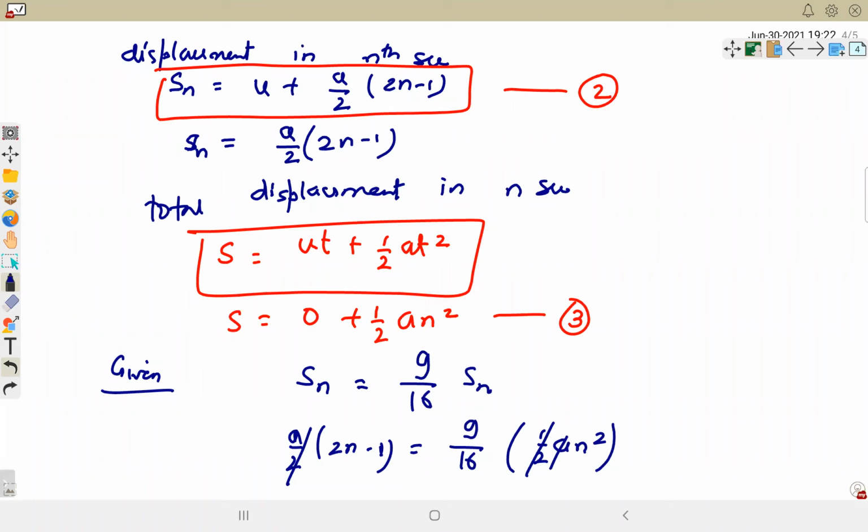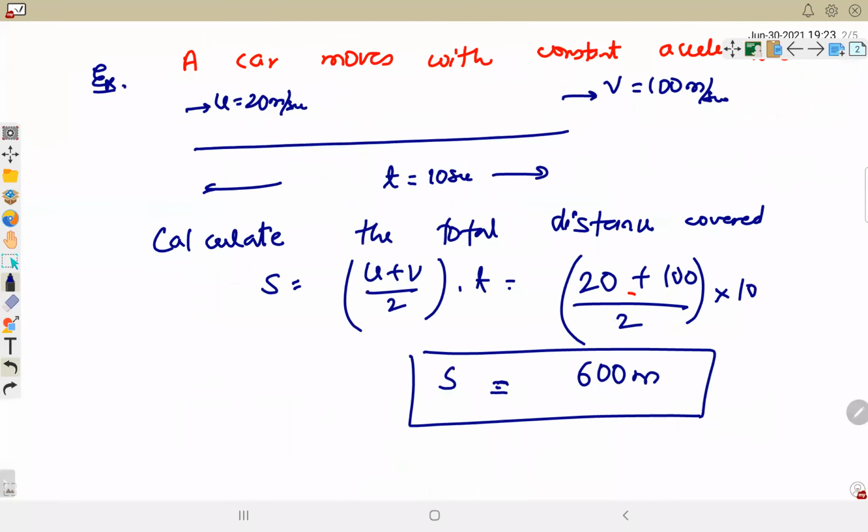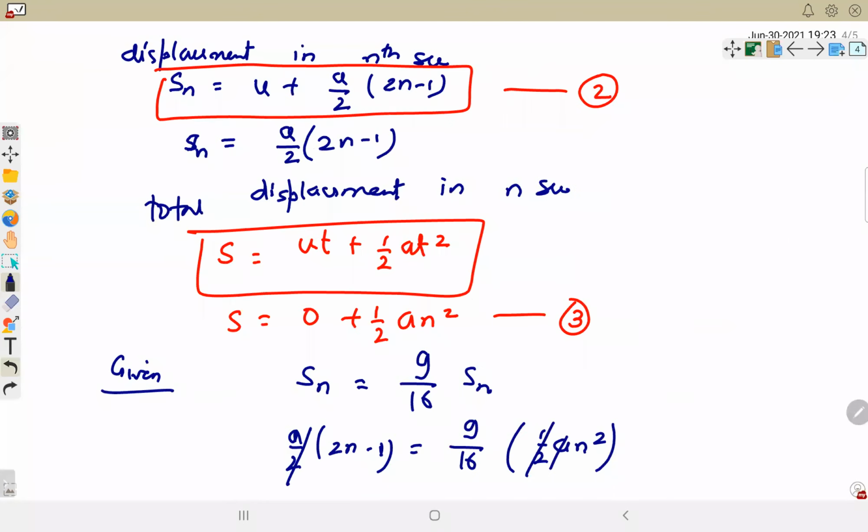Yes. Understood what to do? Sir, yes Radhika. So you've marked the second equation. Why have you left u in the next line? Because it was given that the particle starts its journey. Acha, okay. Start journey means initially it is given to be 0. Okay, so I think I should mark this equation.